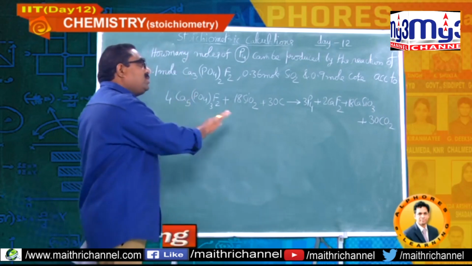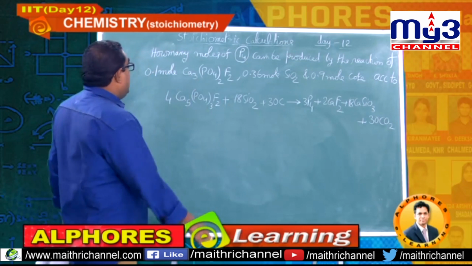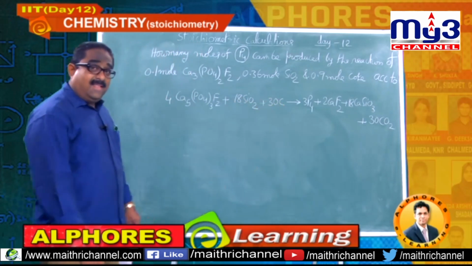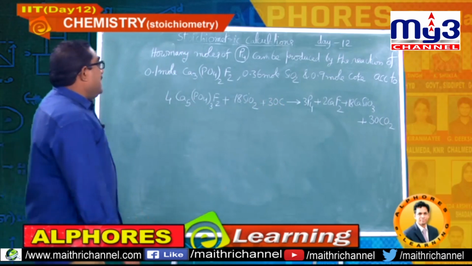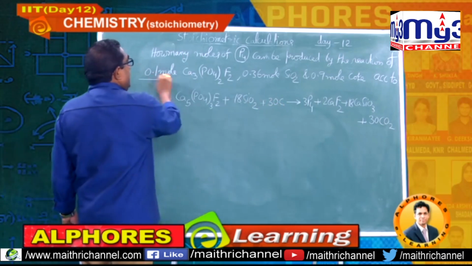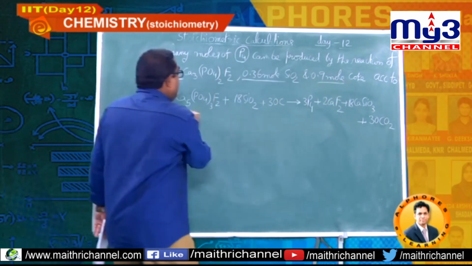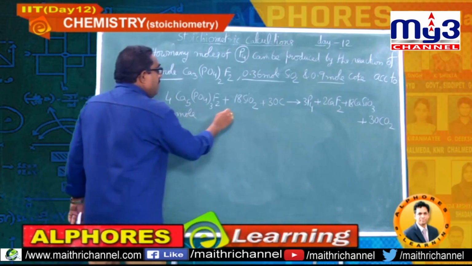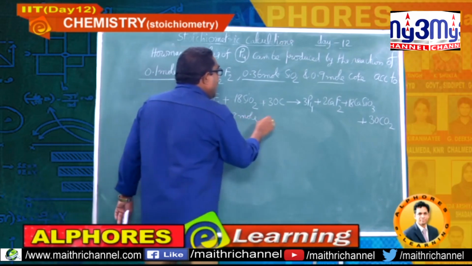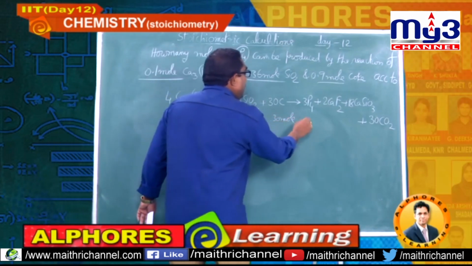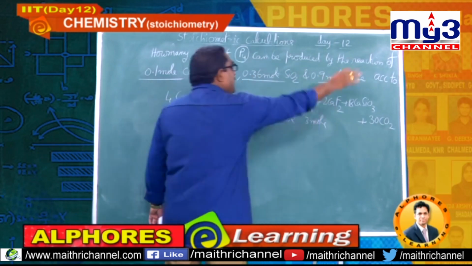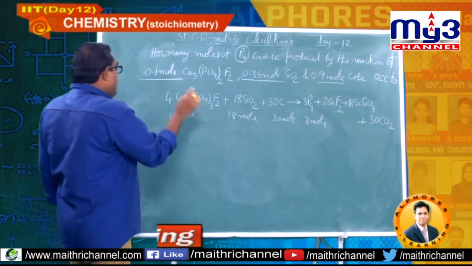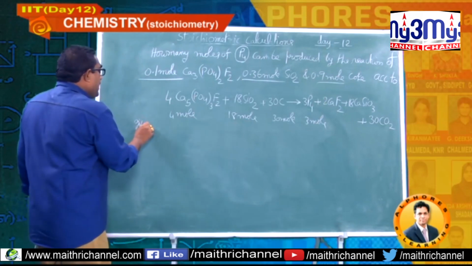Balanced equation also he has given, and this time we are having three reactants, and he has given the data of all the three reactants here. Let me write the balanced chemical equation data. 4 mole combined with 18 mole and 30 mole to get 3 mole of phosphorus. Remaining thing no need for us. He has given only for phosphorus he is asking. Okay. Now let me check which is the limiting reagent.